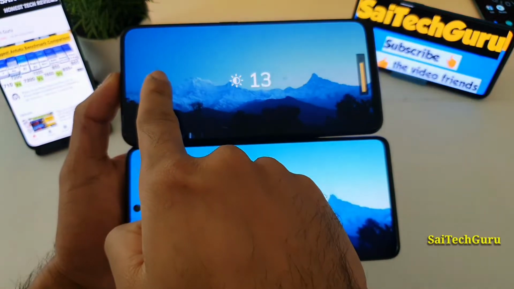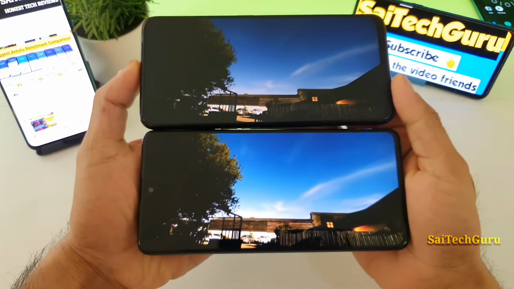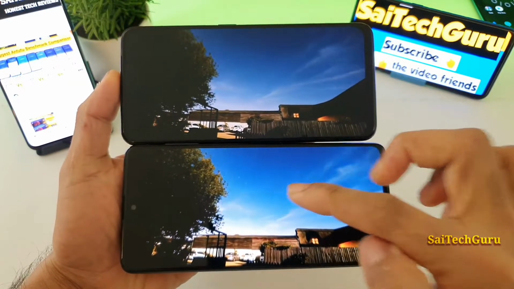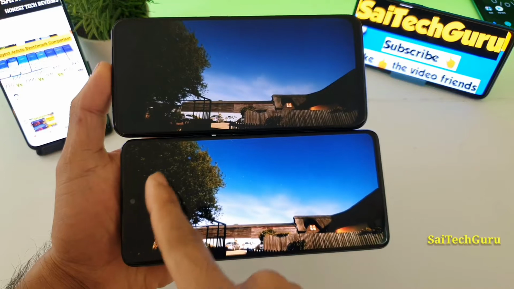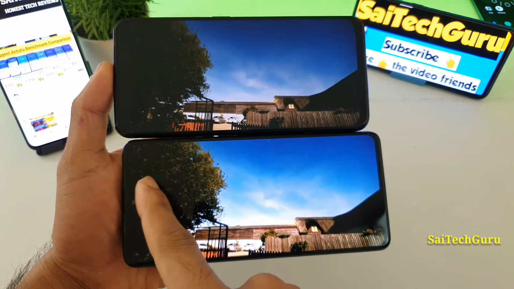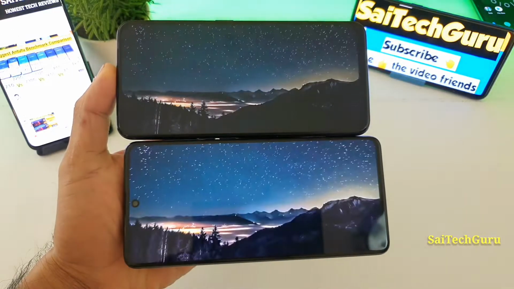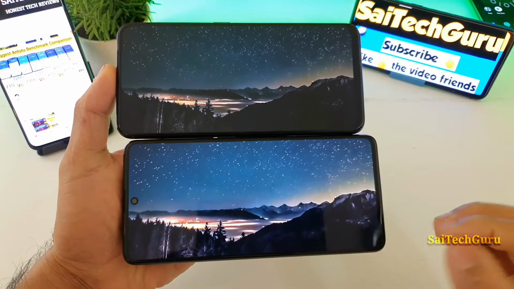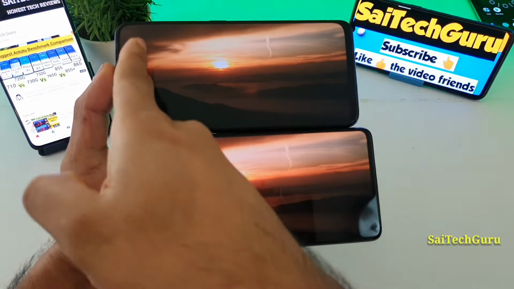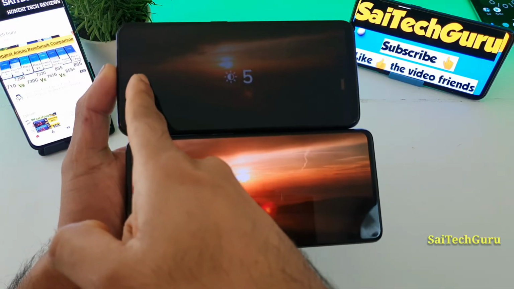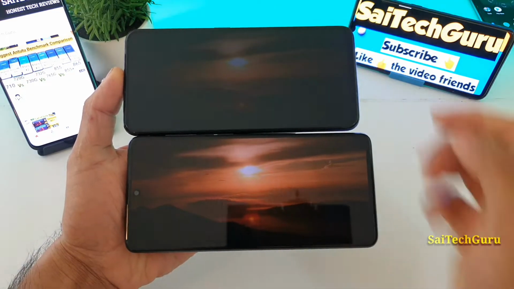Now let me try to decrease the brightness to 10. As I said, it is slightly saturated, you can see the sky as well, and you can see some brightness level going on because of these plants you can see here, but not on the Realme X display. You can see clearly friends. So there are advantages like brightness and more saturation in the Samsung's display. That is what I did notice. Let me put the brightness to 5. Let me decrease to the 0 brightness level.